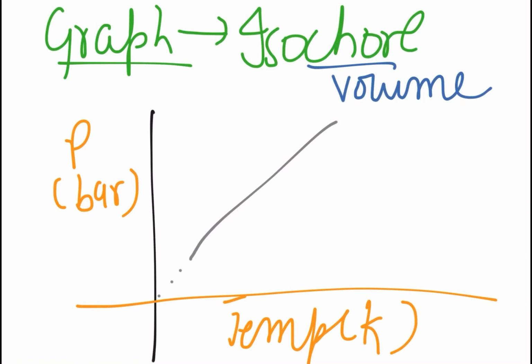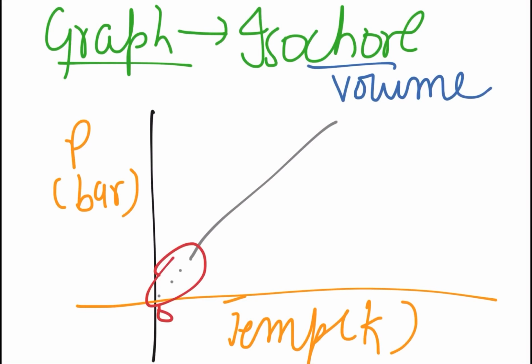Now the question is, why is the line initially dotted? Because the start of the Kelvin scale means 0 Kelvin. It is beginning from 0 Kelvin, and at 0 Kelvin, as we had discussed in our video for Charles' law, you can refer to the detailed explanation in that video, 0 Kelvin is also called absolute zero, where there is no gas existing because they all liquefy before that. It's a very cold temperature. So at 0 Kelvin we have no gas, so we put this dotted line.